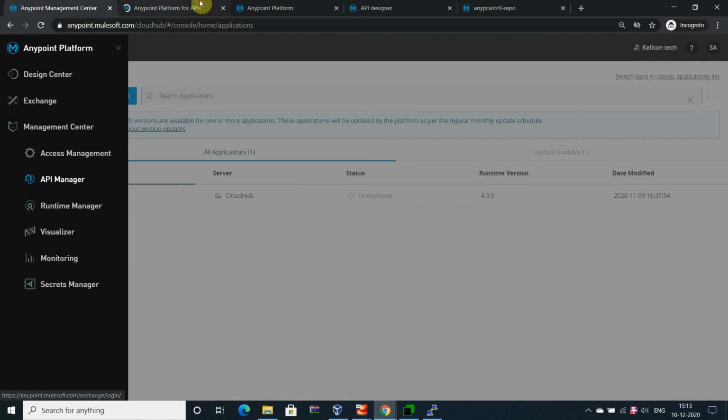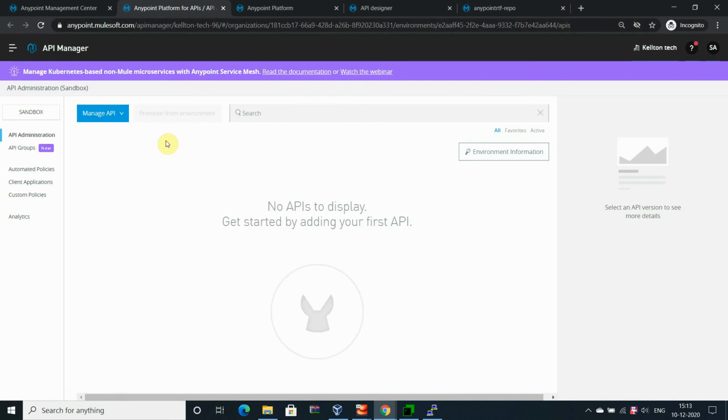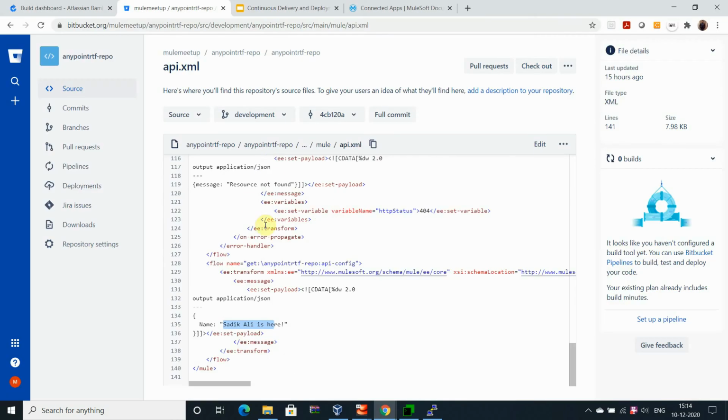Okay, you can see there is no API instance that has been created earlier. So I'm going to perform this operation here, and you will see that no other instance is created, and it will be created by itself with the help of the Groovy scripts, which I have explained earlier.